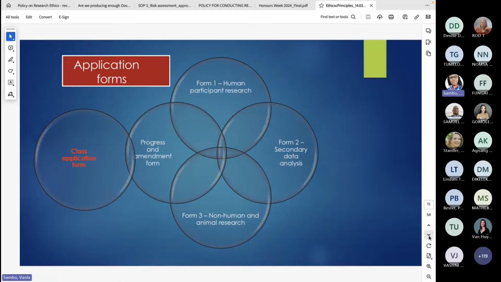That ethics certificate is valid for 3 years, and for a low risk doctoral study, it's normally 5 years. Right? So for whatever reason, if data collection still continues after that validity period, you are then able to apply for an extension. Right, then I've highlighted the class application form in red because that is the form that applies to you